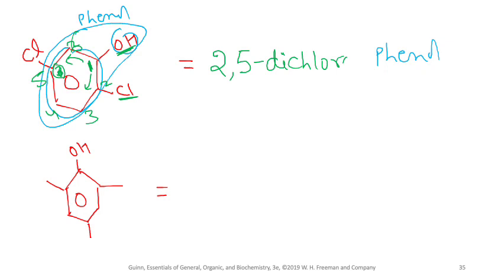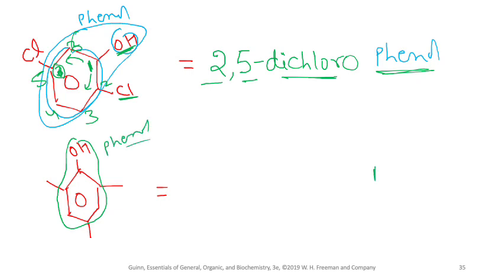Dichlorophenol: on the second and fifth carbon, we have 2 chlorine atoms attached. What about this one? Here I see a benzene plus an alcohol, so this is phenol. So I know the parent name will be phenol. Now you have to specify the numbering, so you have to give priority to the carbon that has the OH